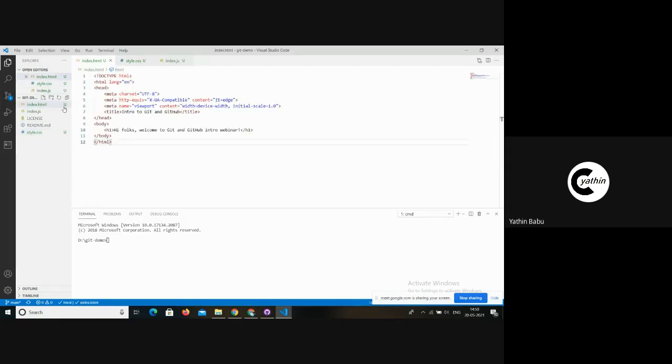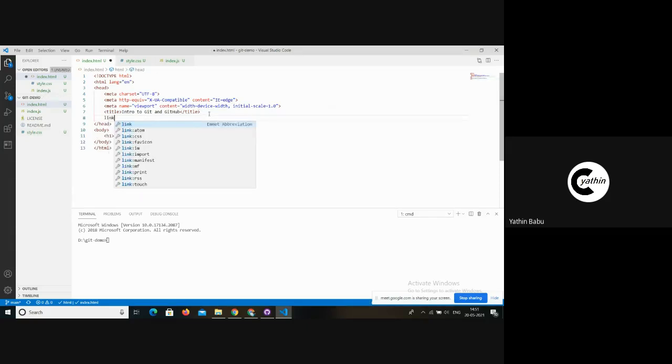As you can see here, all three files are right now untracked by the Git VCS. So we need to stage them and add them to the Git repository so that from now onwards, it will track any changes that happen within this entire repository.